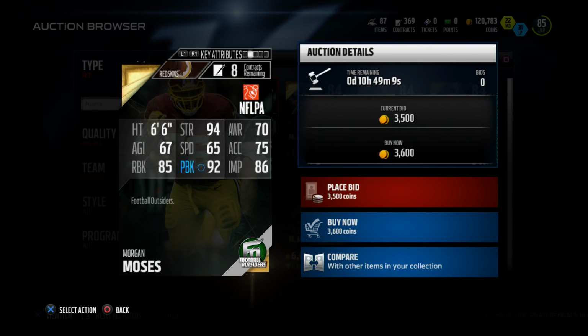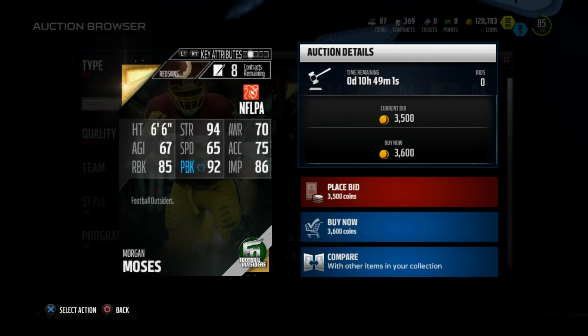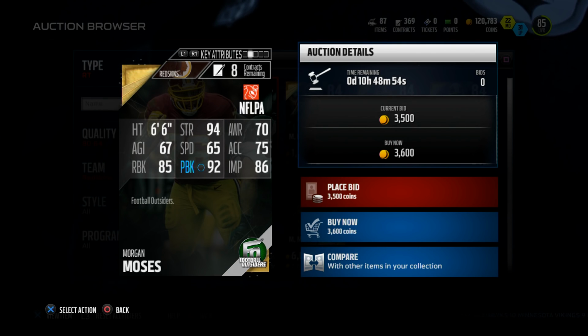So, anyways, guys, I like this Morgan Moses card. I think he definitely belongs on a roster, and I really think that he definitely belongs on a budget team for sure. The next budget lineman that I want to talk about today